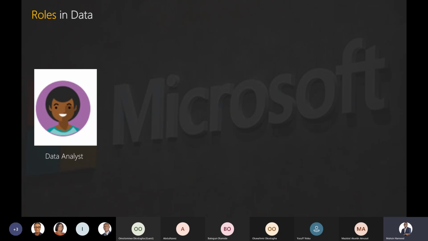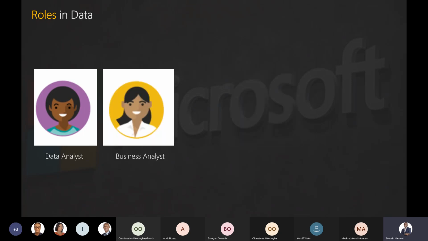The first of them is the data analyst, as we know. But I'm going to take the first and the second, the data analyst and the business analyst, together, because there is only a thin line between these two. A data analyst is someone that analyzes data, to put it straight.